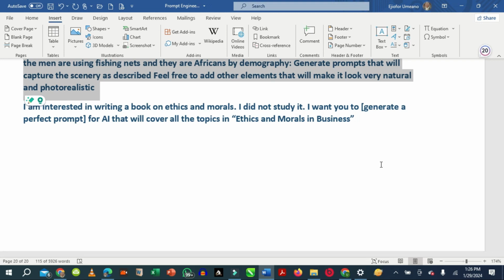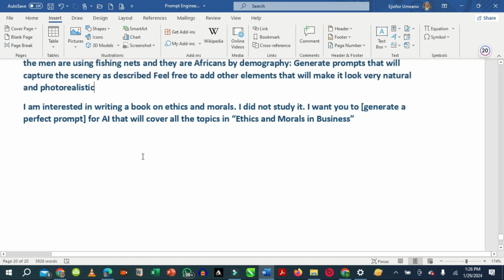I want to publish a book. Let me read this out. I'm interested in writing a book on ethics and morals. I did not study it. I want you to generate a perfect prompt, with emphasis on generate a perfect prompt for AI that will cover